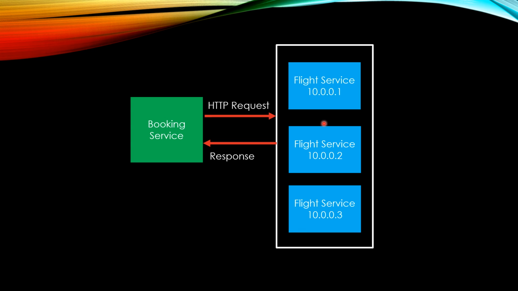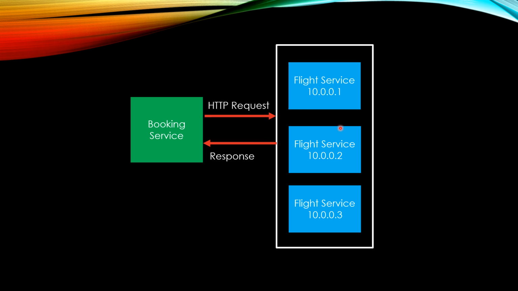a dynamic IP address. For example, you can see one flight instance can be 10.0.0.1, another one can be 10.0.0.2, and the next one is 10.0.0.3. Now in this case, how will our booking service know which instance of flight service we have to call,